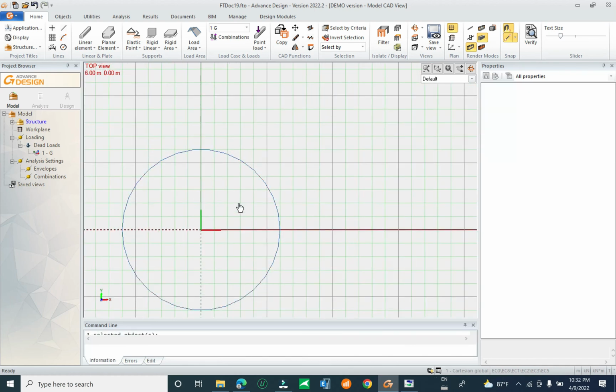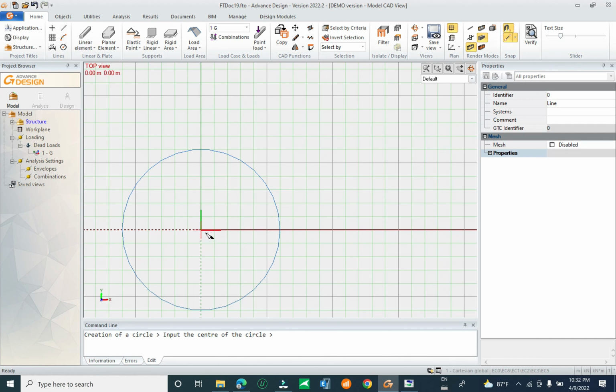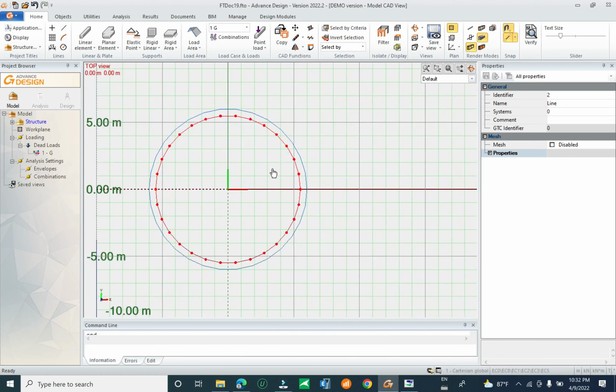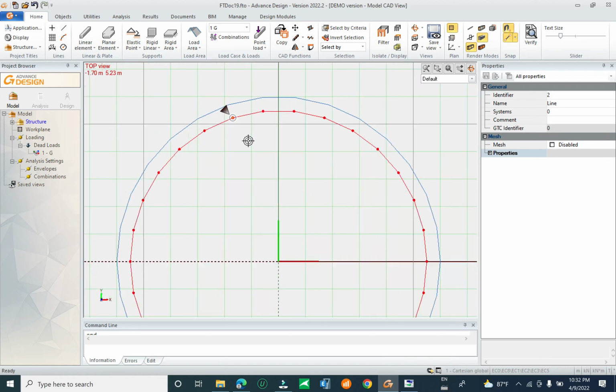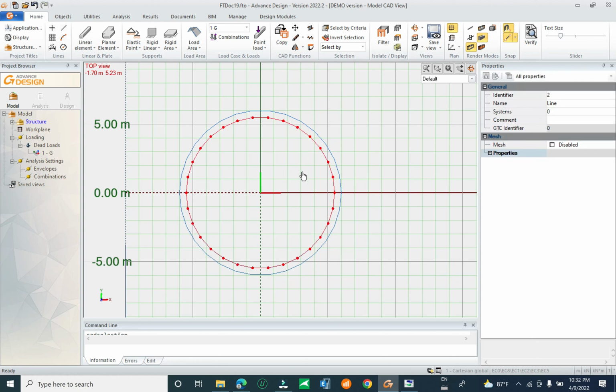And after that we create another circle. Radius is 6.5, and 30 sides, the same. Then we select this circle and we convert it to